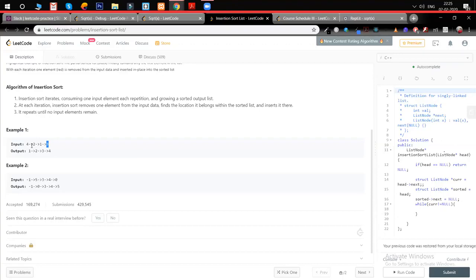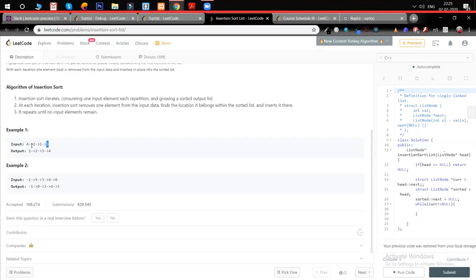But this is O of n square, right? Yeah, this is O of n square. That's what I thought, I'm suggesting my way of how I went for the solution. So can we do better than this O of n square? Insertion sort is O of n square, by the way. Yeah, insertion sort is O of n square, even if it's an array or anything. In the best case we can go for O of n if it's already sorted, but in general, in an array also it's O of n square. Okay.